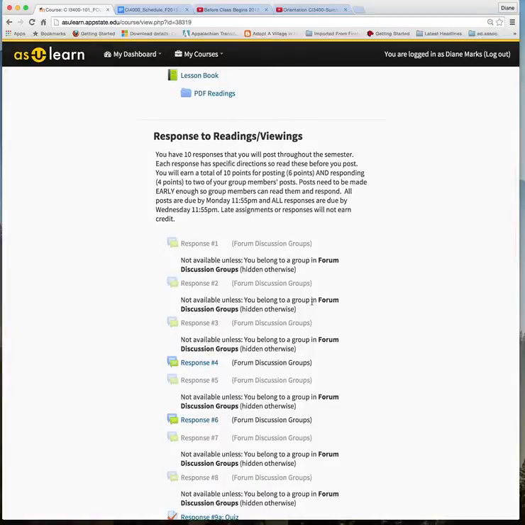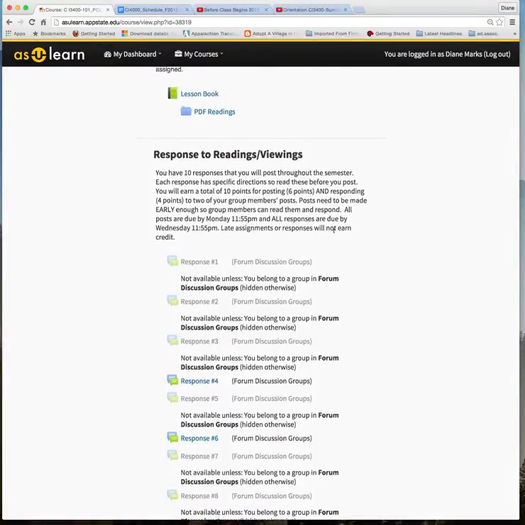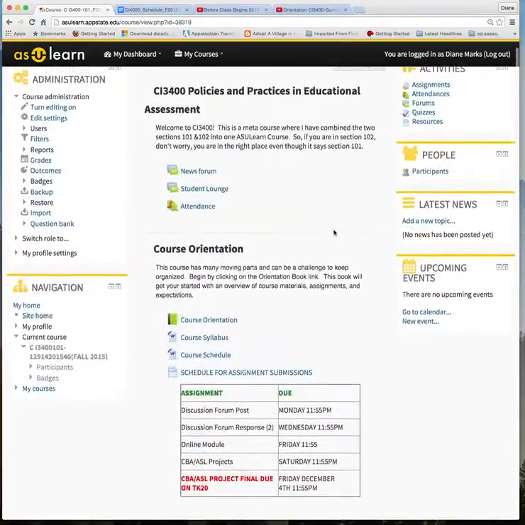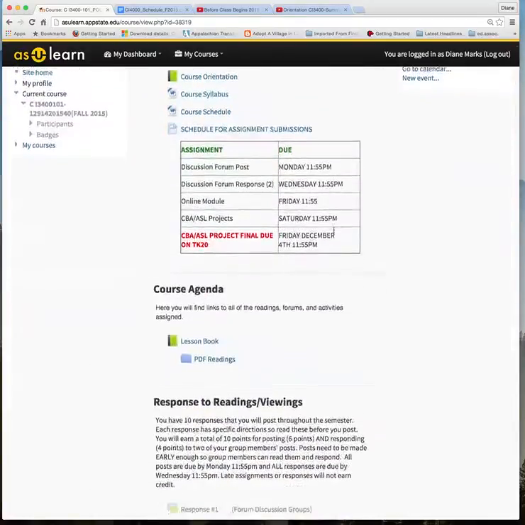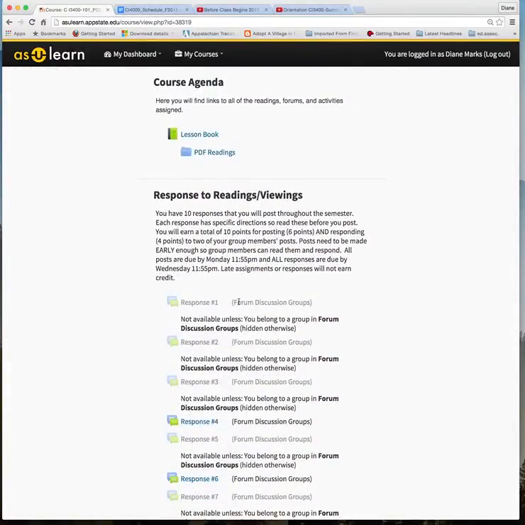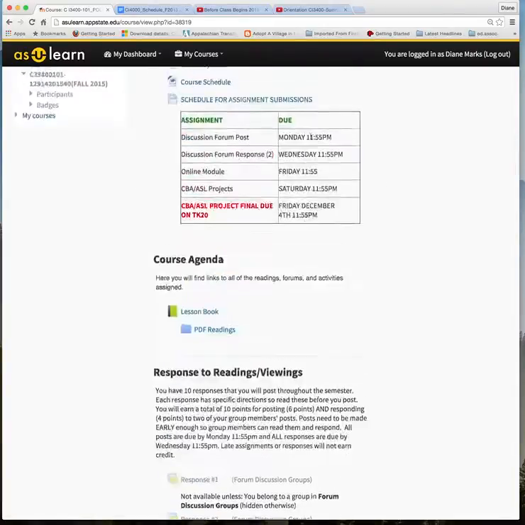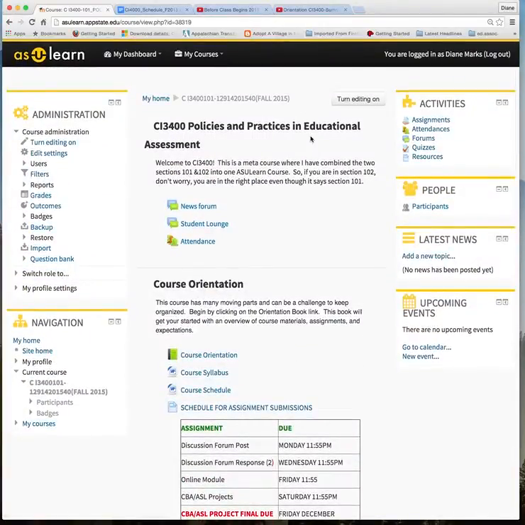Now, when you do your discussion group response, make sure that you click on it, and at the top of it you will see the directions for that response.